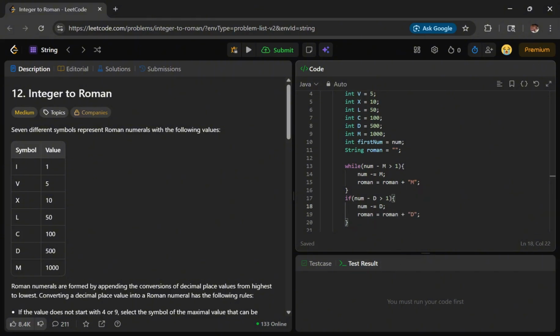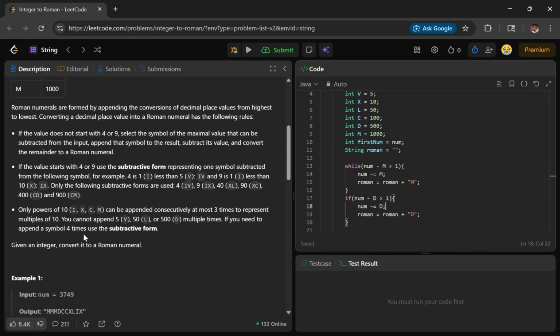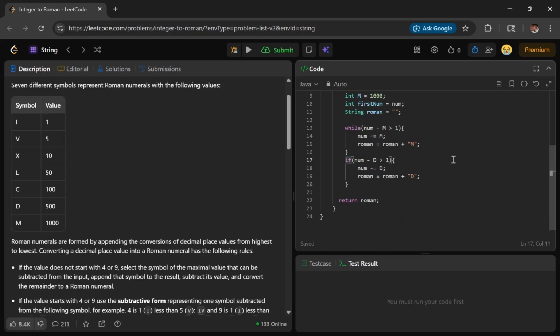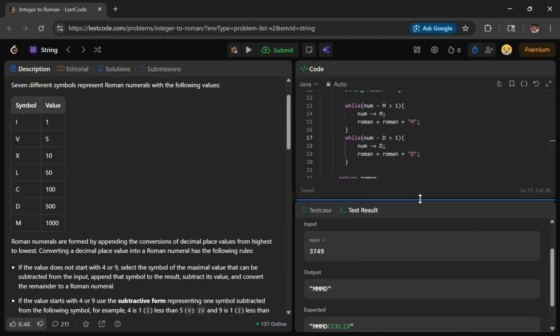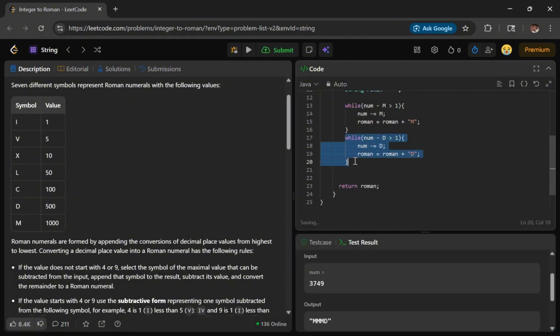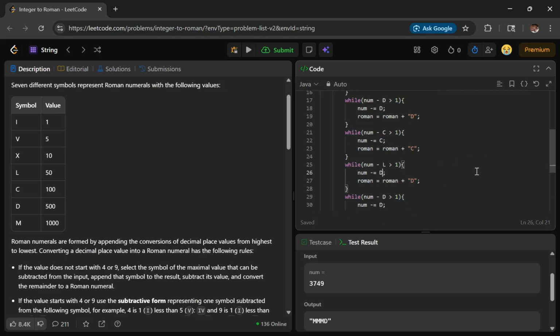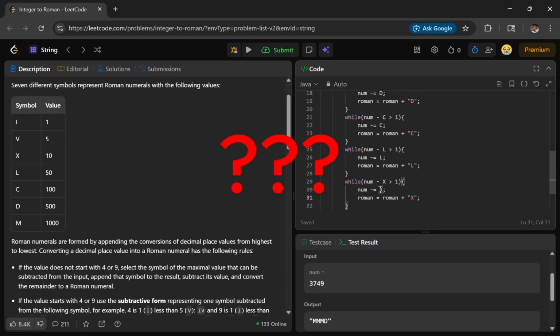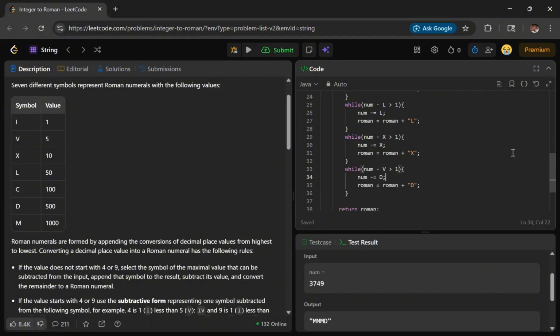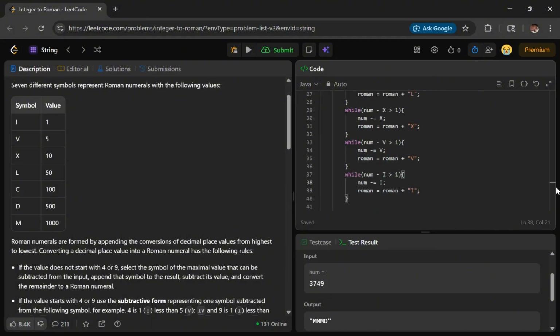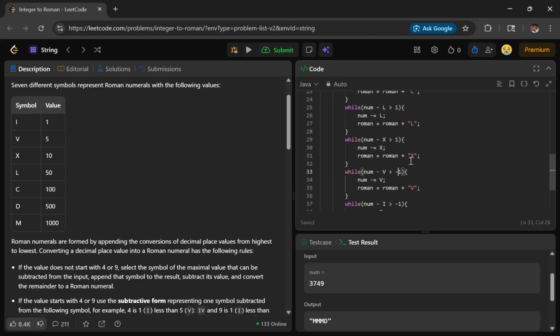And now for the final part of the video, which is me finally completing the problem. So right now, I'm just trying to figure out how to actually check for the numbers inside the input. So the plan is right now going from biggest to smallest. Like I said previously, I'll be trying to check if the number is